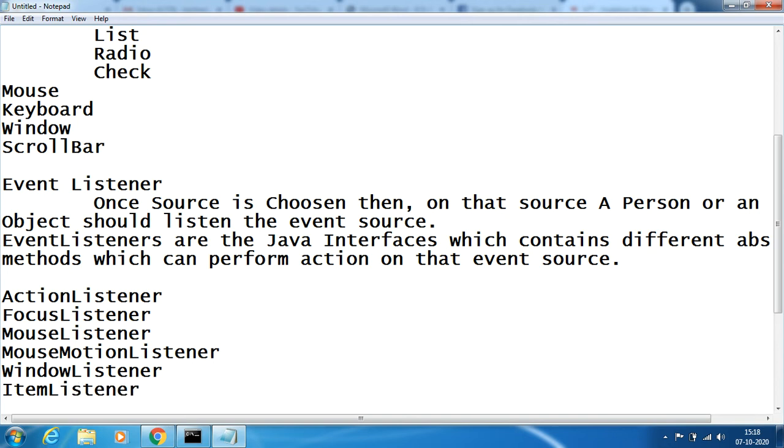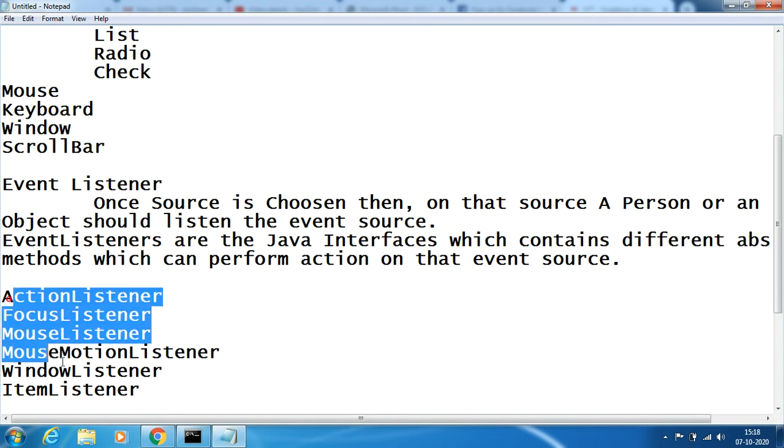These are different kinds of listener interfaces which every event will have.